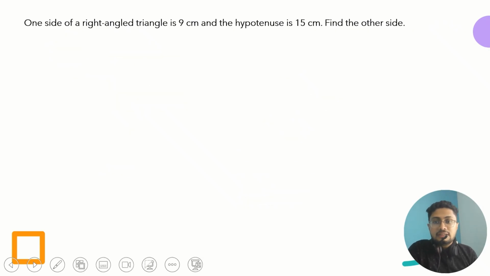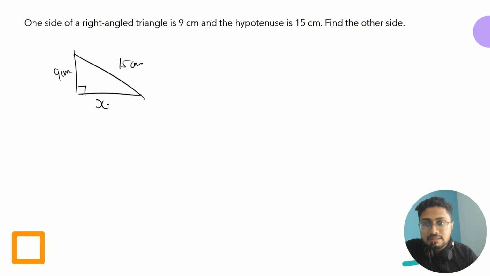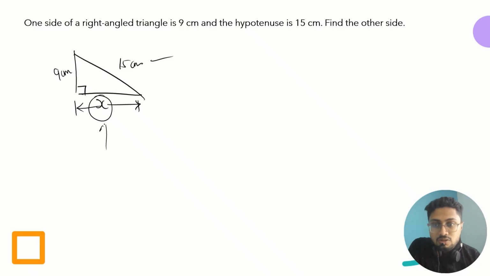Again, one right angle triangle, one side is 9 centimeter and the hypotenuse is 15 centimeter. See, right angle given, right angle triangle, side is given. Let's consider 9 centimeter and hypotenuse is 15 centimeter. Find the x. Now I am leaving this thing up to you, how you are going to solve. Which one is hypotenuse? 15 is hypotenuse. 9 you can consider height, or if you want to consider this as a base you can consider, and you have to find x. So write the answer of this x in the comment and give me the correct thing that you are observing and you are following my words. Okay, then